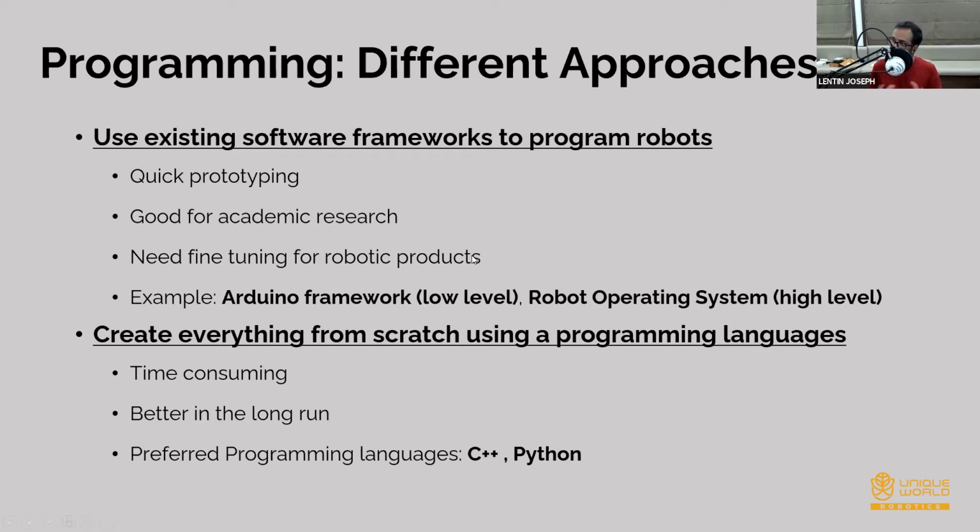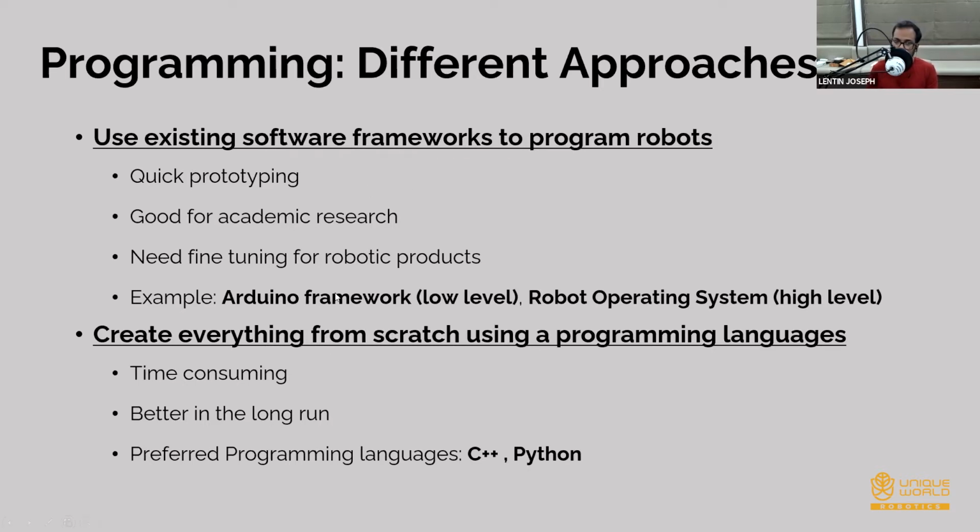So ROS is actually a tool. It's a software tool, or I can use different words for ROS. I will say ROS is a software framework. I will say ROS is a middleware, robotics middleware. So there are different terminologies for ROS, but ROS is simply an existing framework or tool that we can use to program robots. I think that is the first approach.